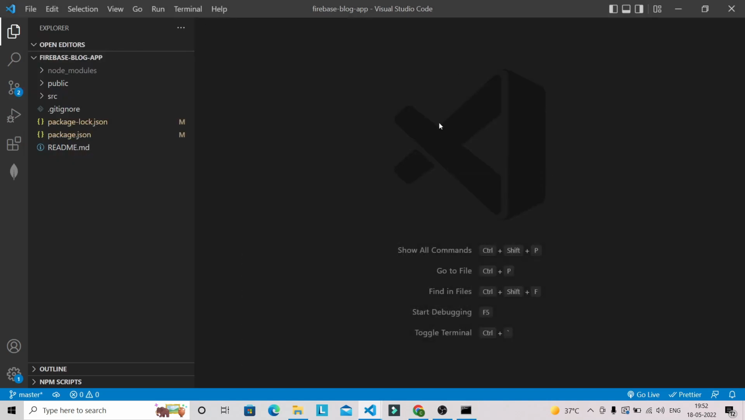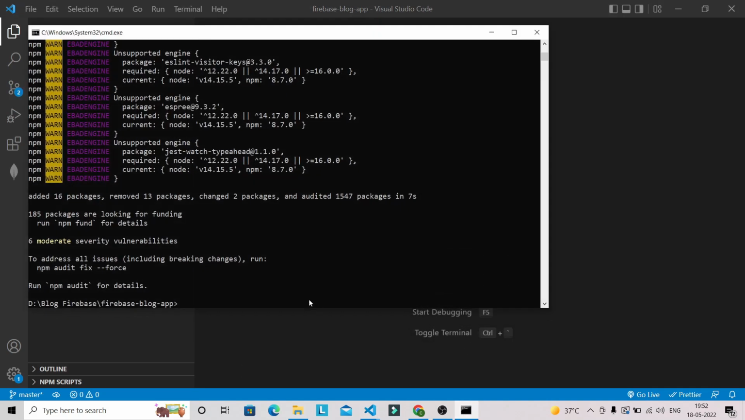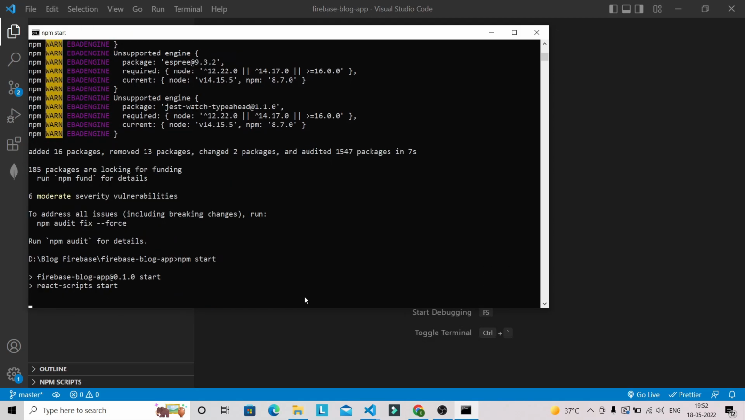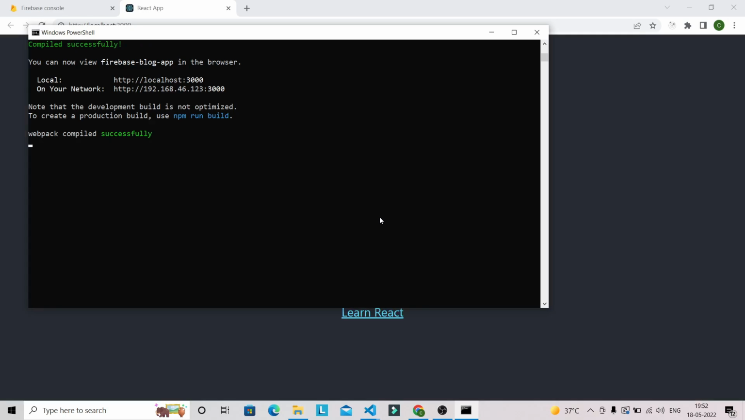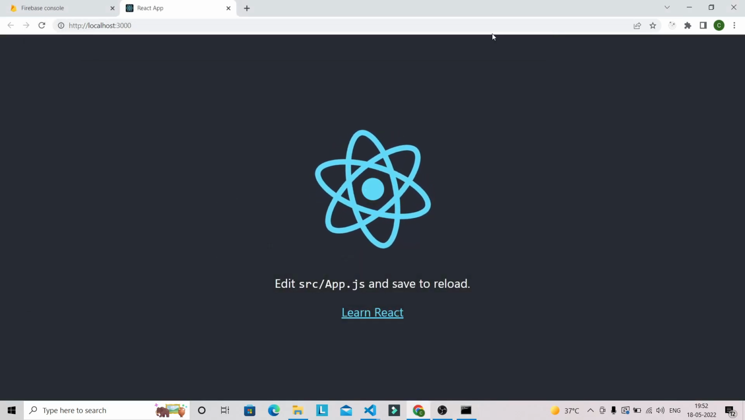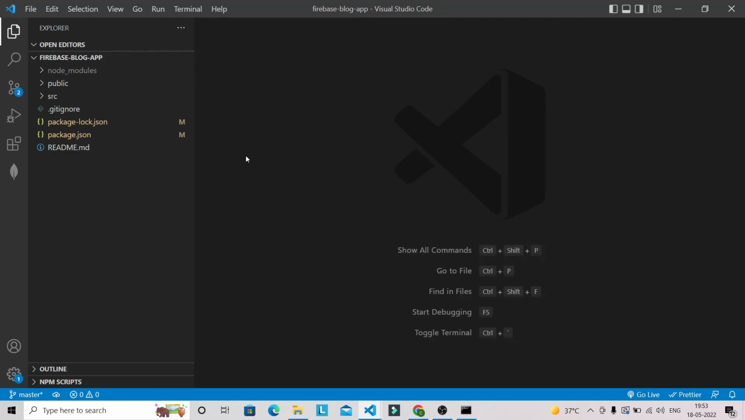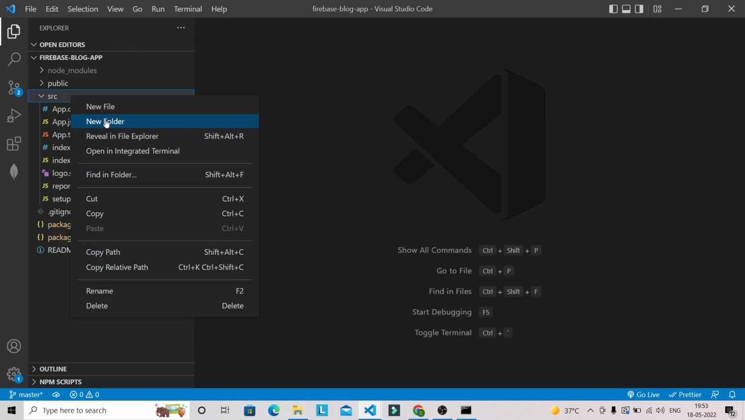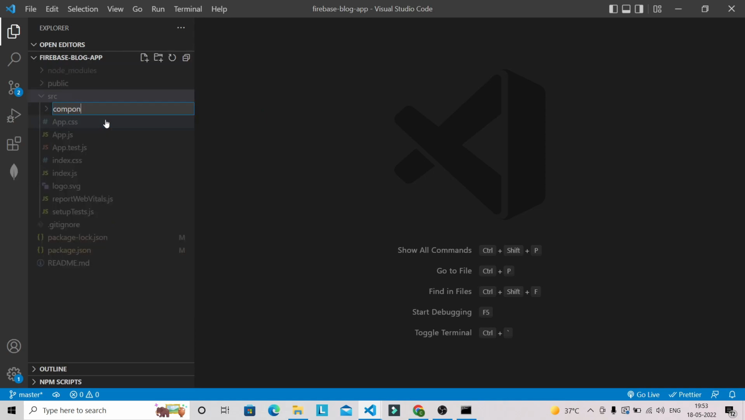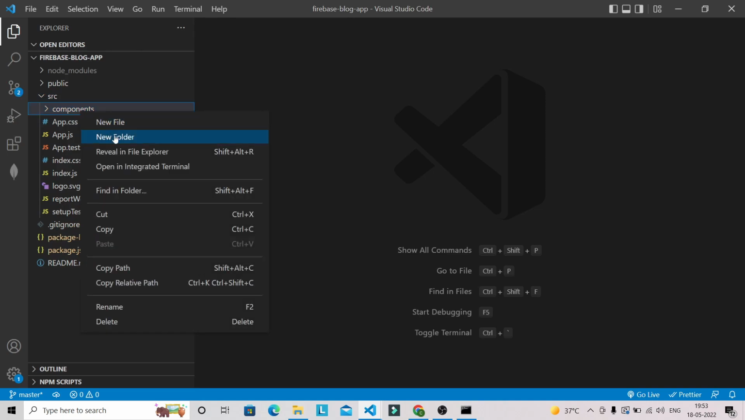Okay, now let's first do npm start. So our React development server is running, you can see that, and now it's loaded in our browser. So we don't have any issue. Now we are going to create a folder and file structure in this project. So first I'm going to create a couple of folders here. So we need here components, then we need a folder for pages,